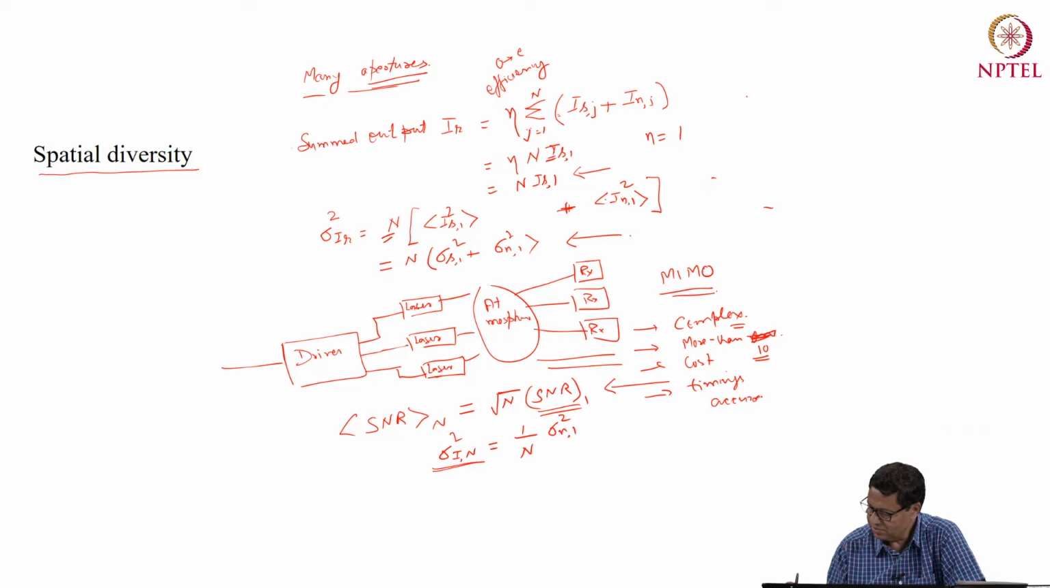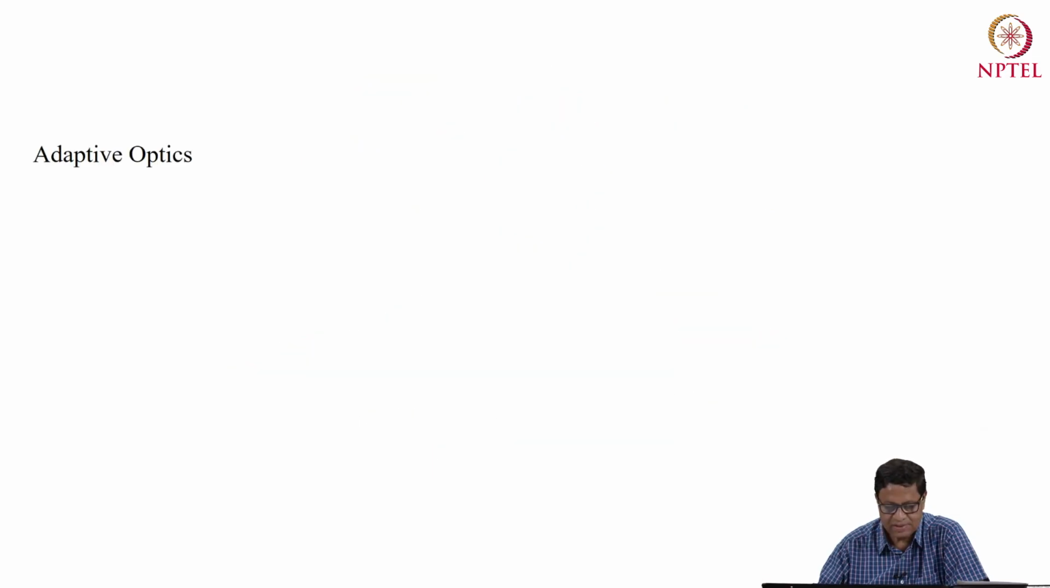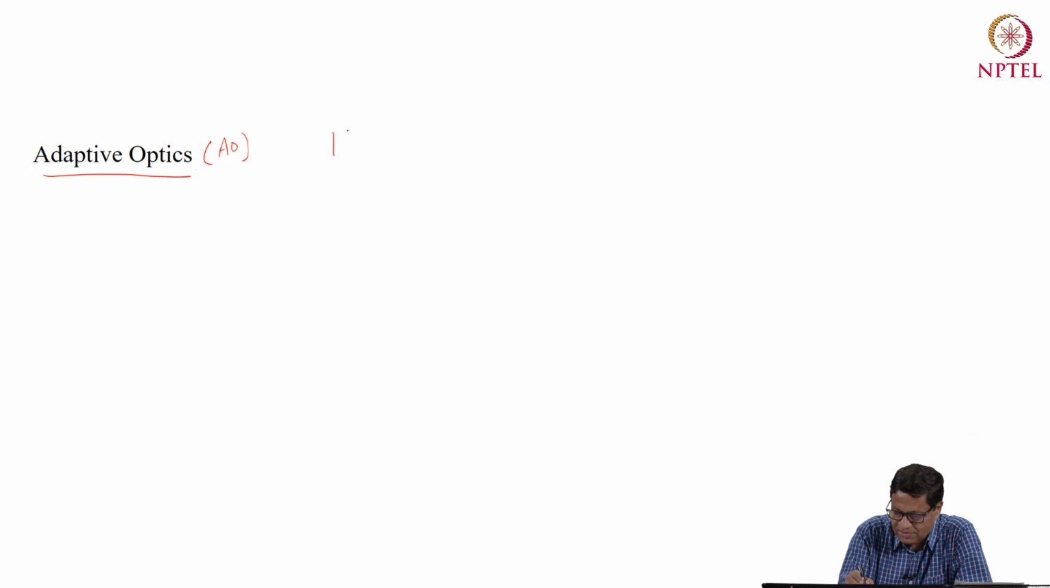So these are the few issues which are there when you use a MIMO structure for combating turbulence effects using spatial diversity. So this is one method, and the third method is the use of adaptive optics, which is also called AO. In adaptive optics, there is an undistorted wavefront at the transmitter. Let me first make the diagram. So this is, for example, TX, and you have